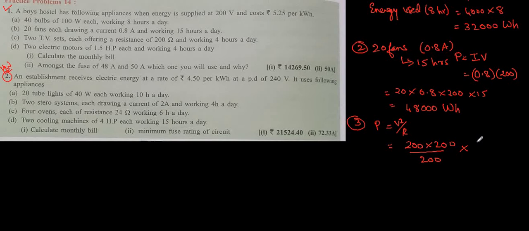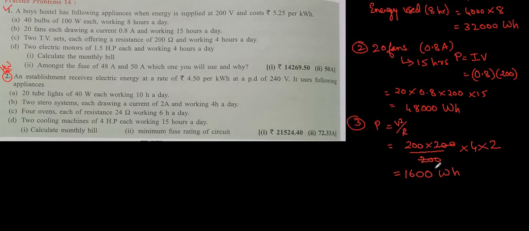If you see, then it is a day. How many hours is it working? A day it is going to work for 4 hours. It says a day 4 hours, so multiply by 4. And how many TV sets are there? 2 TV sets. So this one and this one is cancelled. So here 2 2s are 4, 4 2s are 8, 8 2s are 16. So it is 1600 watt hours.